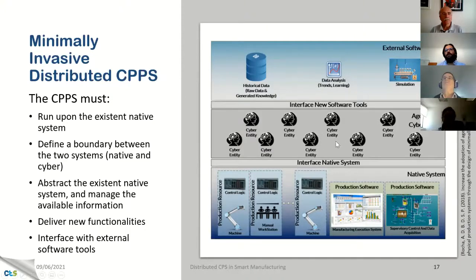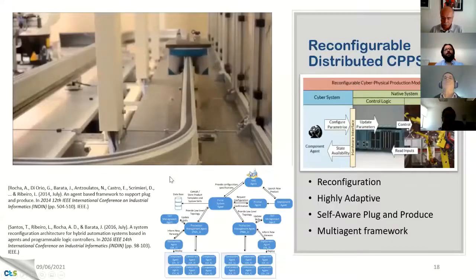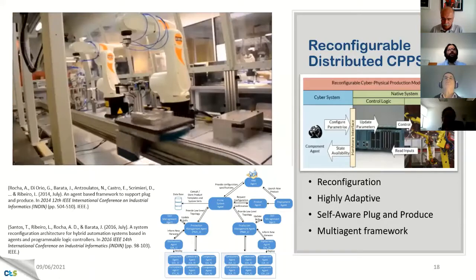And this cyber system will work as an interface and an abstraction of the native system and will interact with new software tools, new functionalities that can be developed on top of this new cyber system. The first experiment we did with this approach was the idea of abstracting the production line as we did for the first experiment, but